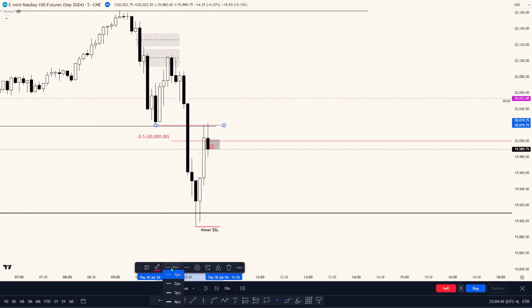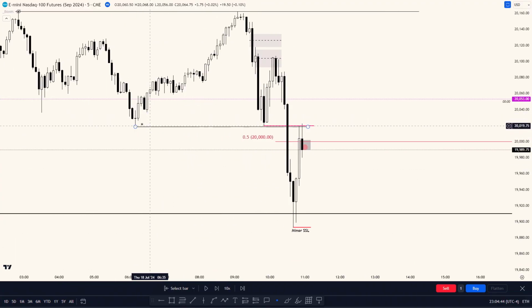Make that red and bigger. And this is very important. This is something for you guys to backtest and put in your notes. This is the London low, and you can see